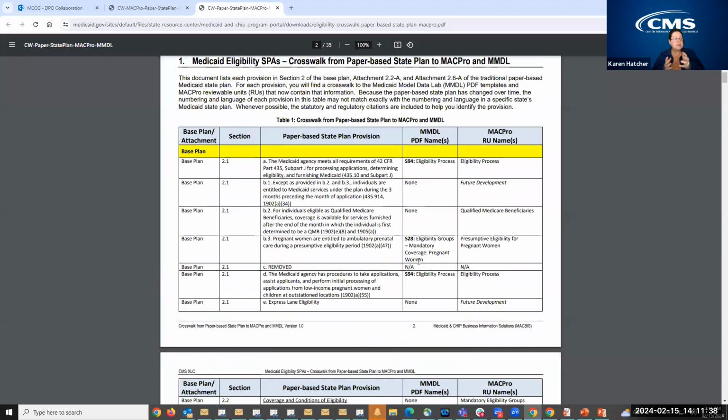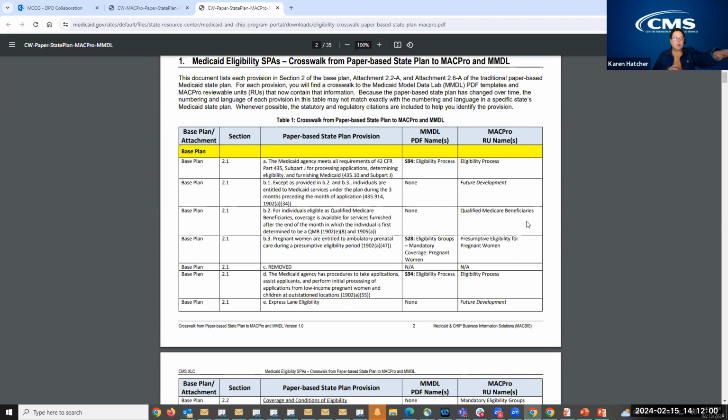So we can say something like qualified Medicare beneficiaries. If you do a control F, well, Ford's got one right there on the first page, but if it wasn't on the first page, you can always do a control F and type in the term. And from there, you look for the RU in the right-hand column.